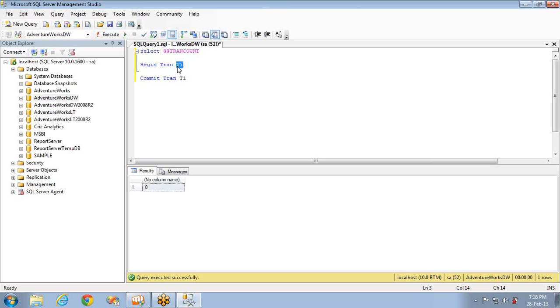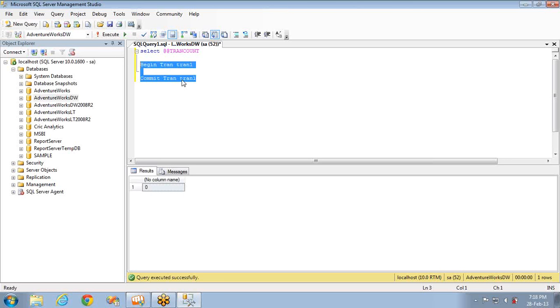Here T1 is the name I have given to the transaction, and while nesting you need this. That is why I explained here how to give transaction names. You can provide any name, like tran1 or whatever name you want to give. Begin tran transaction name and commit tran transaction name.